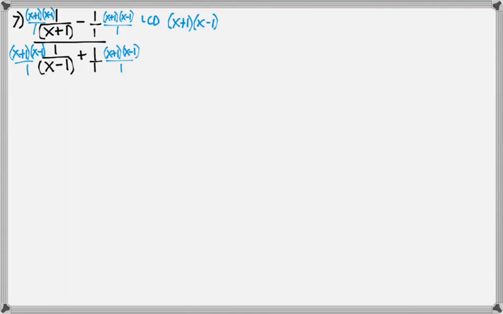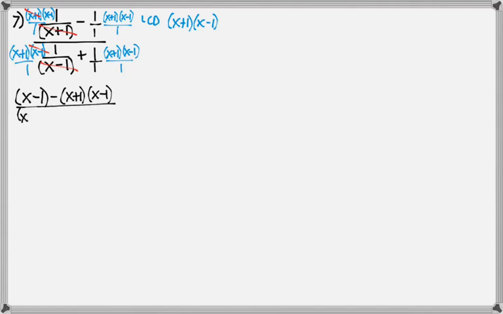Okay, so I need to simplify now, and I'm going to cancel these out, and that leaves me with x minus 1 minus x plus 1 times x minus 1